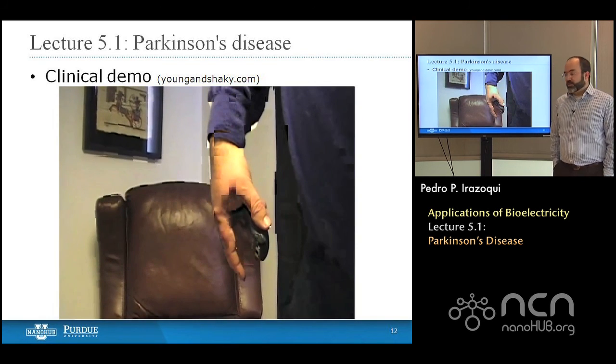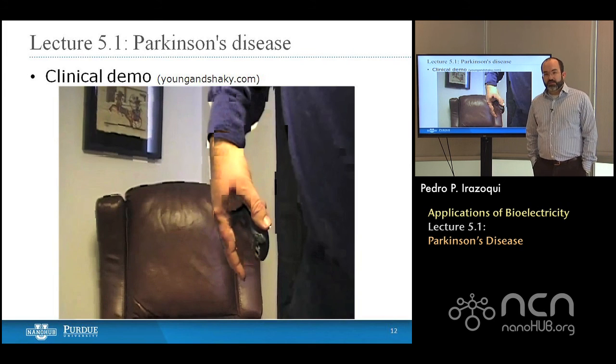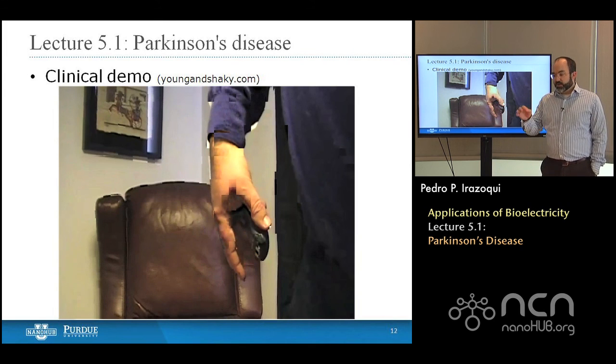It's hard to find a more dramatic example of the effects of neurostimulation delivered appropriately to interfere with the cortical circuit. So the understanding of these circuits that you've been studying and learning about over the last 4 weeks has very real and very life-changing applications. And this, in Parkinson's disease, is just one of them.